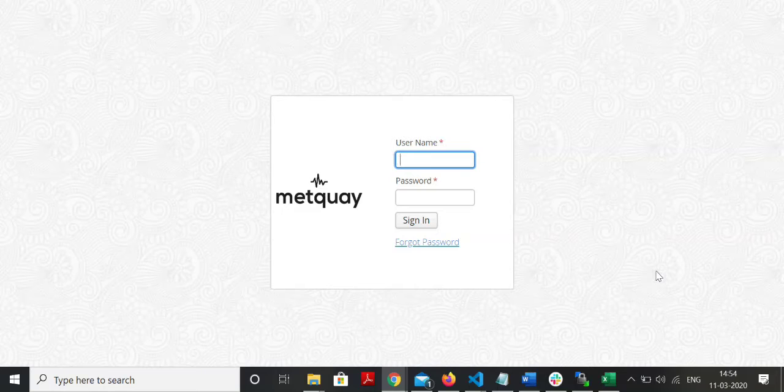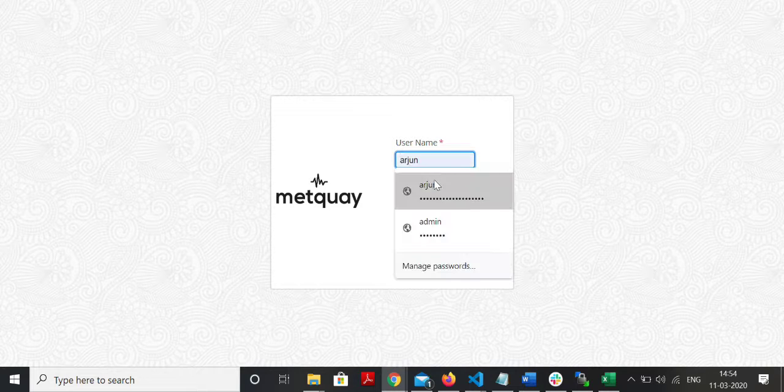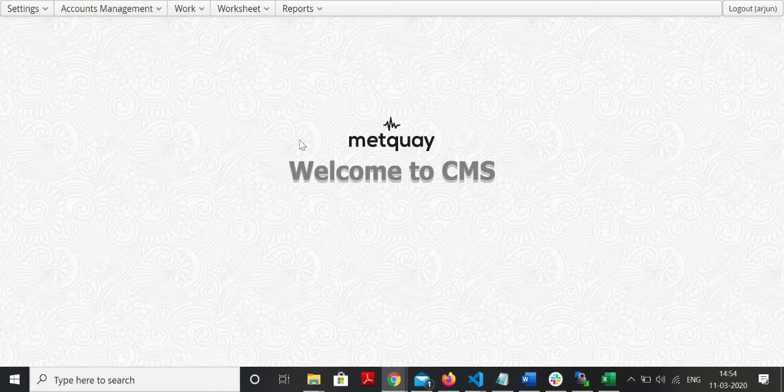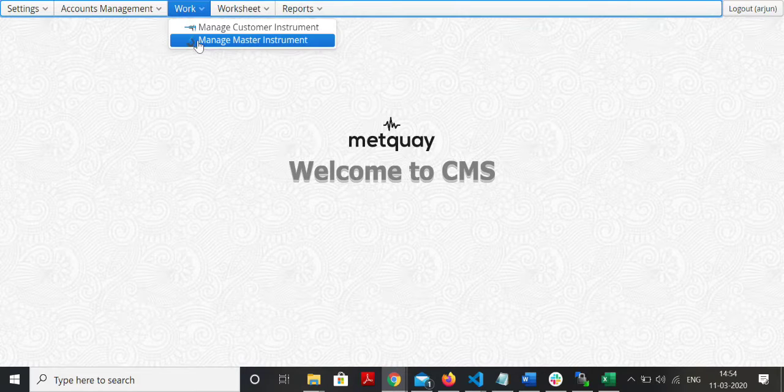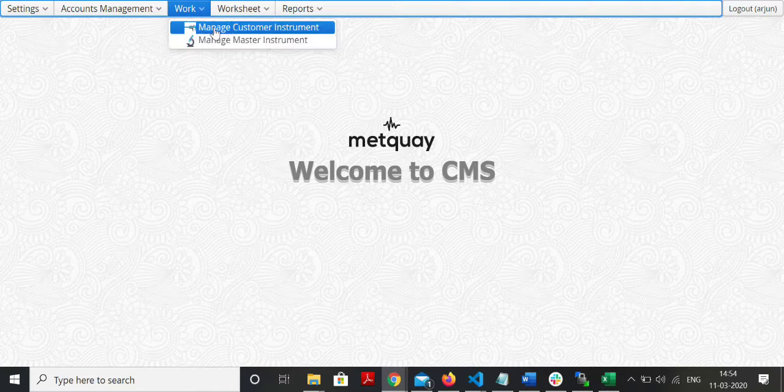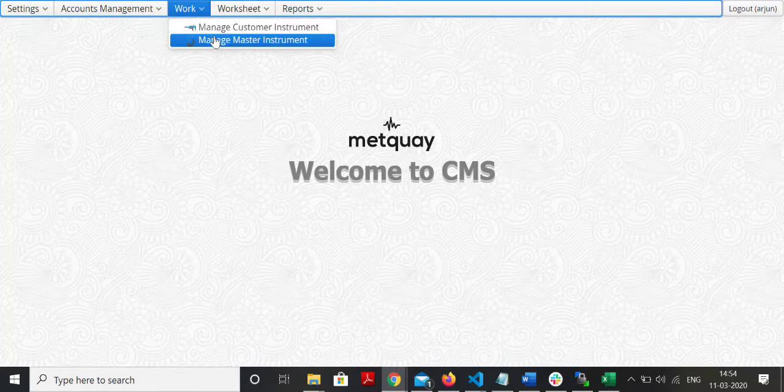Going to show you how to manage your assets using the Metquay calibration testing and asset management software. When it comes to assets, there could be two types of assets: the assets that are owned by your company, or if you're a commercial calibration lab, the assets that are sent to your lab by your customer, which is the customer's assets. So right now I'm going to speak about the internal